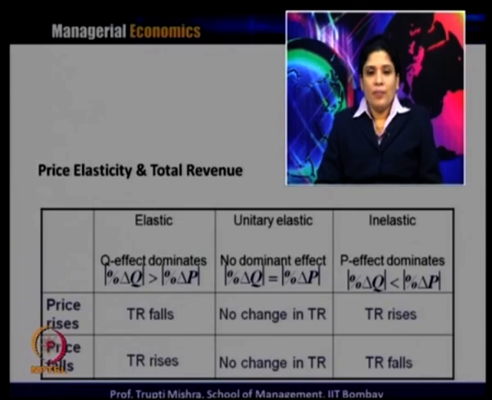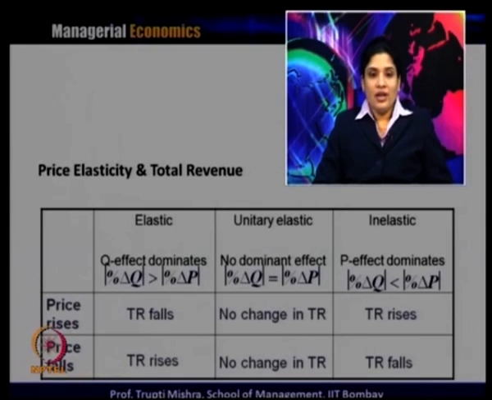There is an increase in the price. If it is a case of elastic demand, total revenue decreases, because with a small change in the price, the consumers become responsive to the change in the price; they are sensitive to it. In case of unitary elastic, there is no change in the TR, maybe a very insignificant change in the total revenue. And in case of inelastic demand, total revenue increases, because when there is an increase in the price, still there is no significant decrease, or not more decrease, in the quantity demanded.